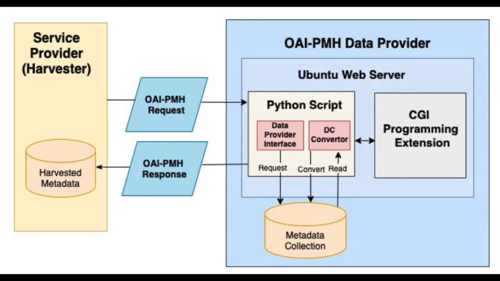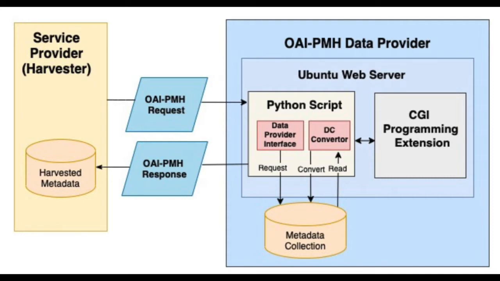The data provider interface is a software component that consists of 2 Python scripts that map data provider XML metadata records to unqualified Dublin Core and expose the metadata using the OAI-PMH. When a service provider sends an OAI-PMH request to a data provider, the request is handled by methods located in the Python script. These methods include reading the original metadata and converting it to the DC format in the DC